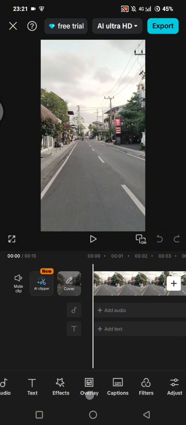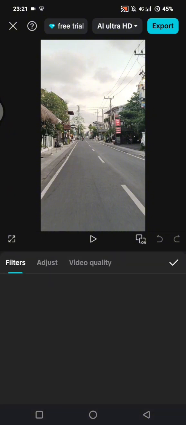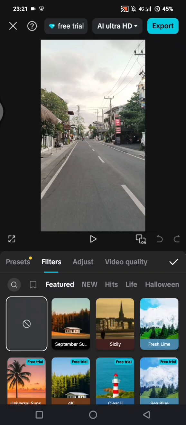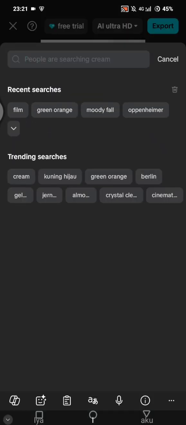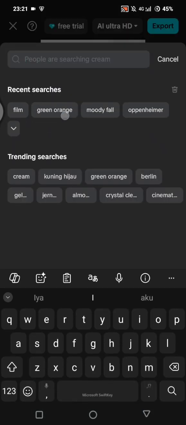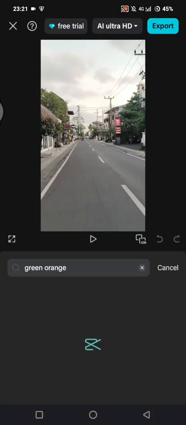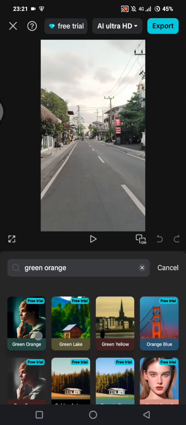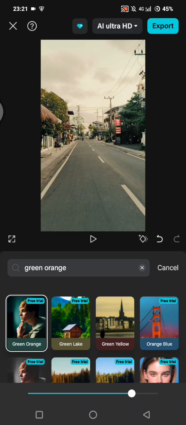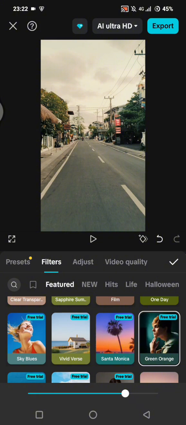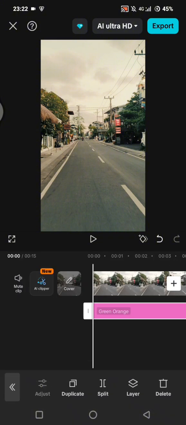Okay, so now you can just head to the filter menu and then find the filter called green orange. This one, you can adjust the intensity to how you like it. I'm going to go with 75. Hit on a check icon and now go to adjust,